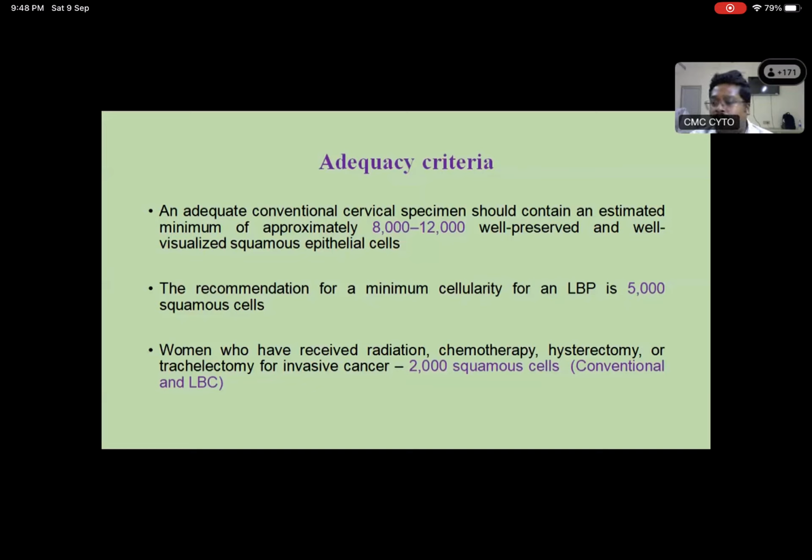So any doubts so far? Sajana, Rajiv, Sweetie, or any other students? So again, if you detect any abnormality, irrespective of the cellularity, it is adequate. So if you find some abnormality, do not call that smear inadequate